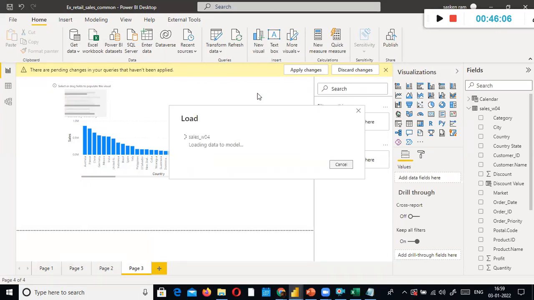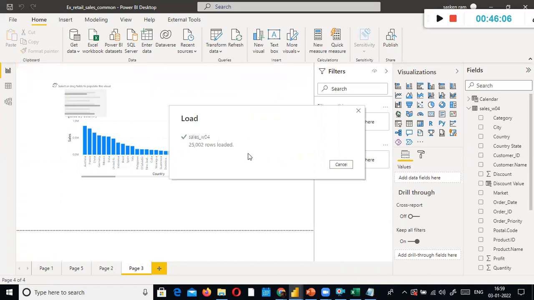Sometimes you might think nothing is happening. You have to have patience because it is very, very slow. 25,000 records loaded because we did not apply any filter now.